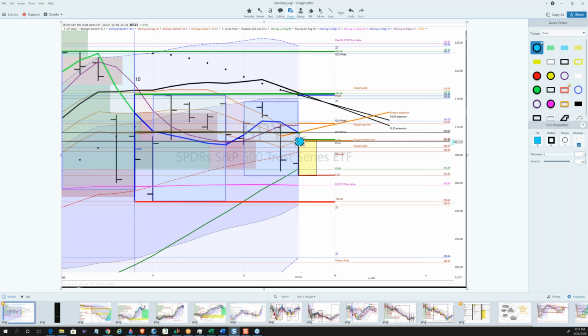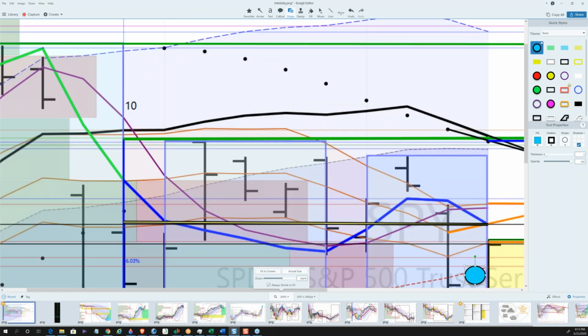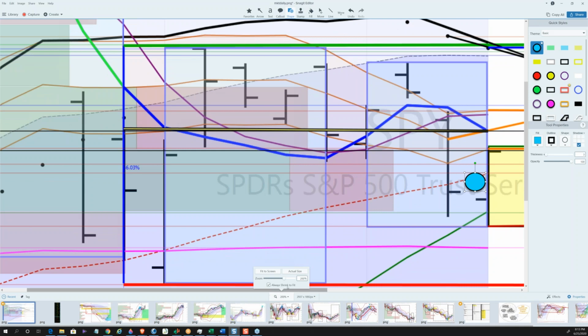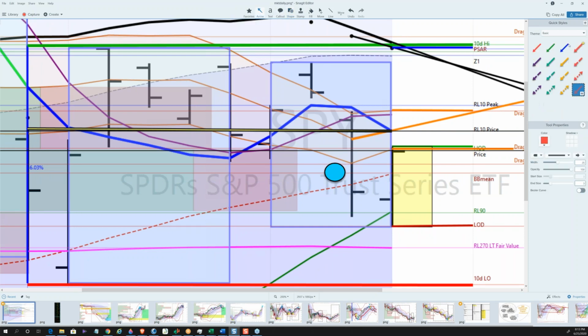had a very strong close at the high of the day, which is, let me zoom in a little bit here for us. So it closed near the high of the day, and get my magic arrow here. So closed near the high of the day, and it closed right at the lower skin of the dragon, and you'll notice that the dragon, which had been sloping downward, reversed today. Not so much on the strength of today as on the fact that we dropped off a really weak